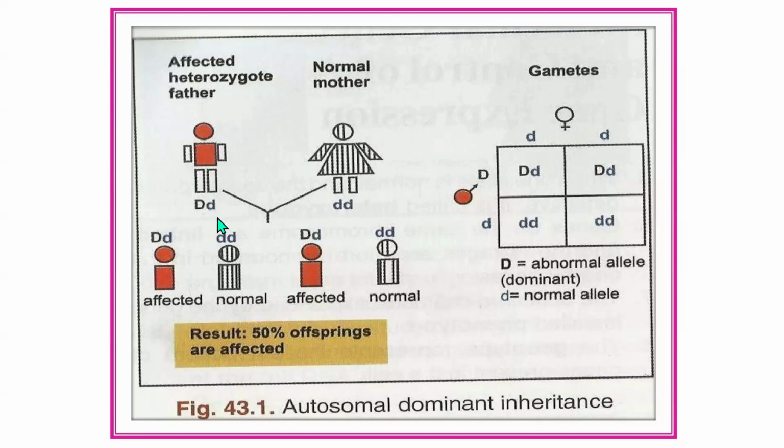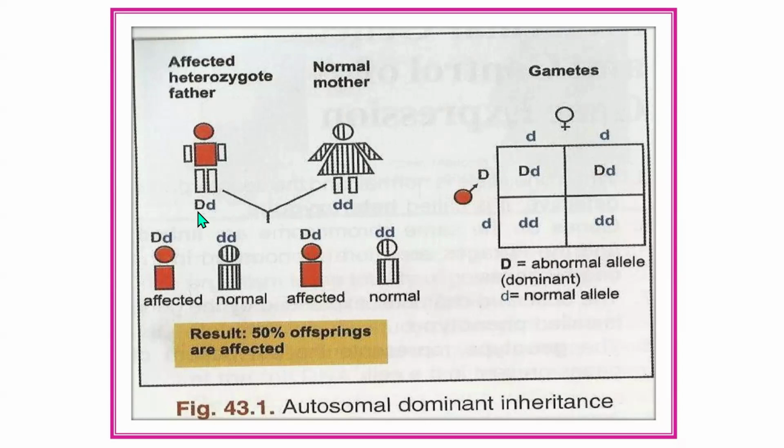The capital D here is the dominant. So you see this is the parent. From the father or from the parent here, this is the father, Dd. So you see the capital D, small d. Because the capital D is a dominant, of course, in the case of the dominant inheritance or autosomal